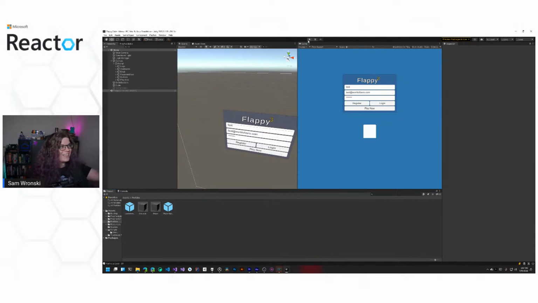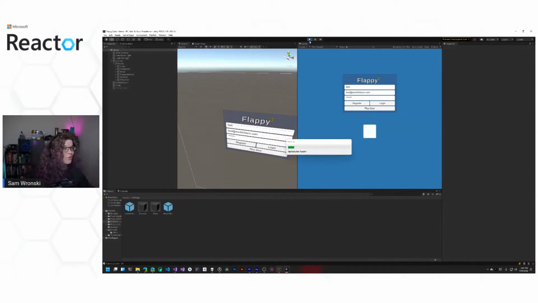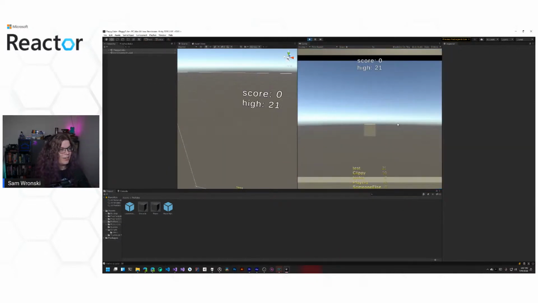If we play this game, I've created a series of users who all have high scores. If I log into our account and start playing, you can see a few things. One, we have a score at the top there. I've added score tracking, which is basically the number of cubes or obstacles that despawn in the world.